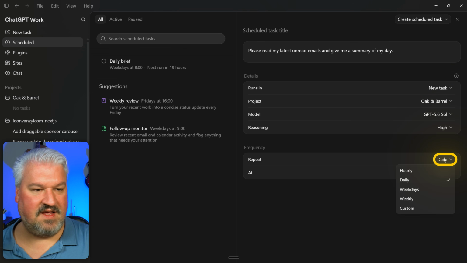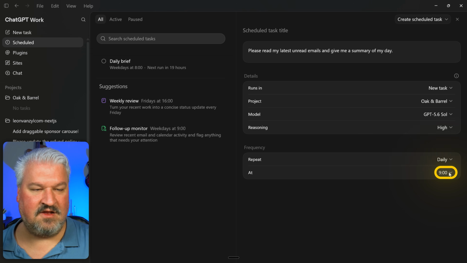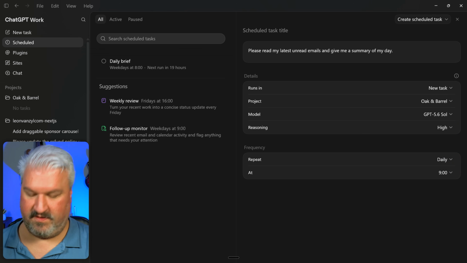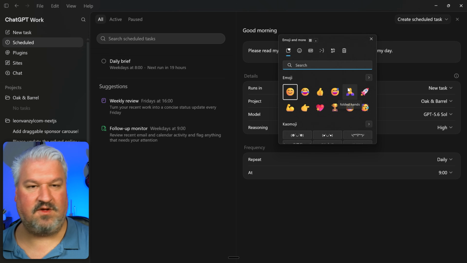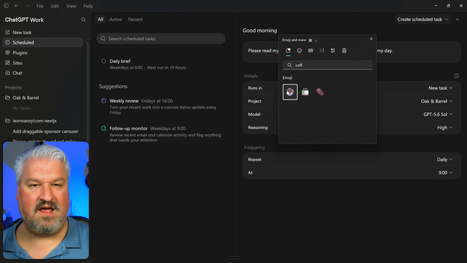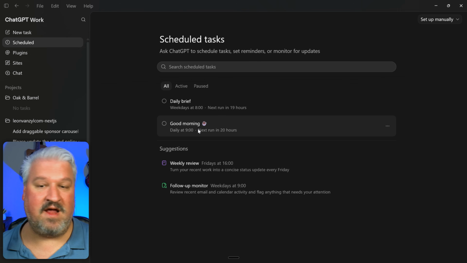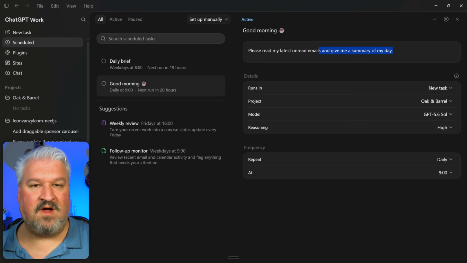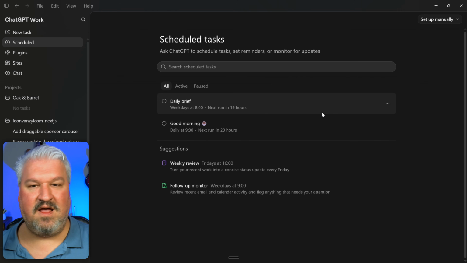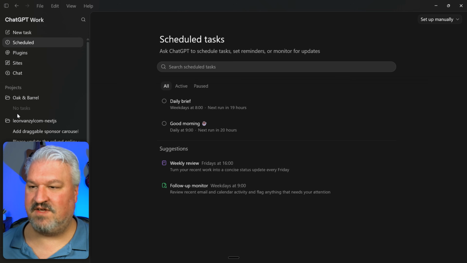For the frequency, I'll just run this daily at 9 a.m. And of course, we have to give a title. So I'll just call this one Good Morning and let's add a coffee cup, like so. Then we can create this task. Cool, now at 9 a.m. every day, this agent will run using this prompt and I'll be able to see the results in this Oaken